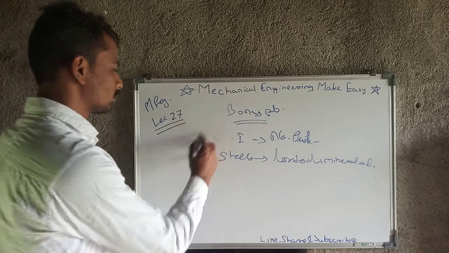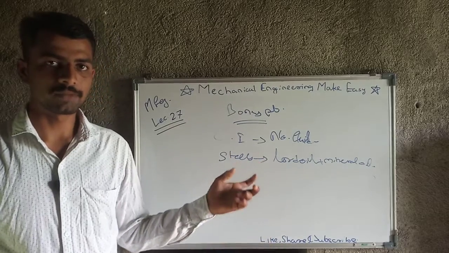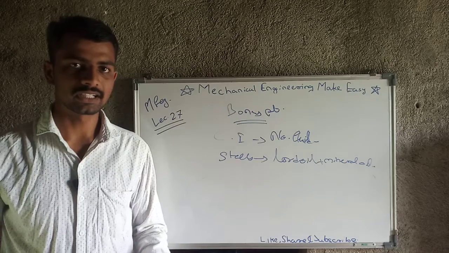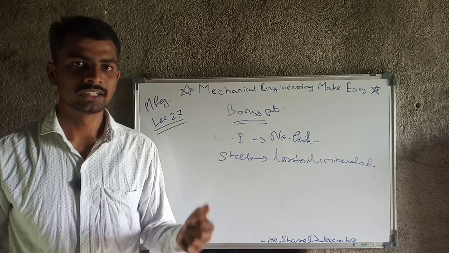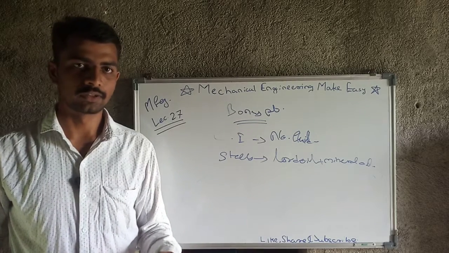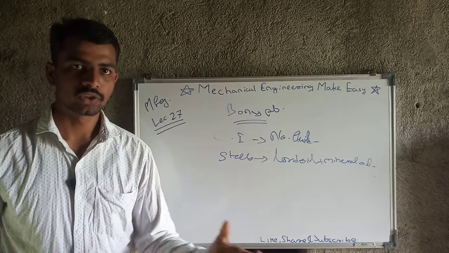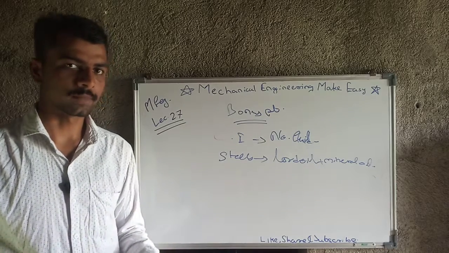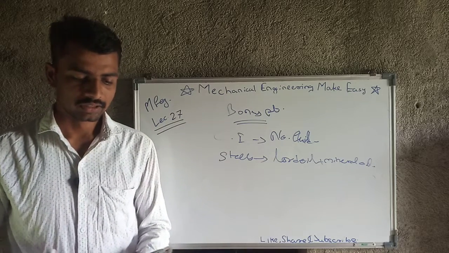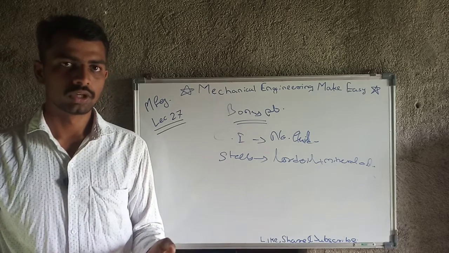These are some cutting fluids we use while the cutting action is happening, and the main purpose of using cutting fluid is that the heat generated at the point of cutting is carried away by the cutting fluid. So the efficiency and the wear resistance of the tool increase, and the accuracy of dimensions increases. So this is all about today's lecture, and from the next lecture I will come up with machining and more. Up till now, bye bye friends.